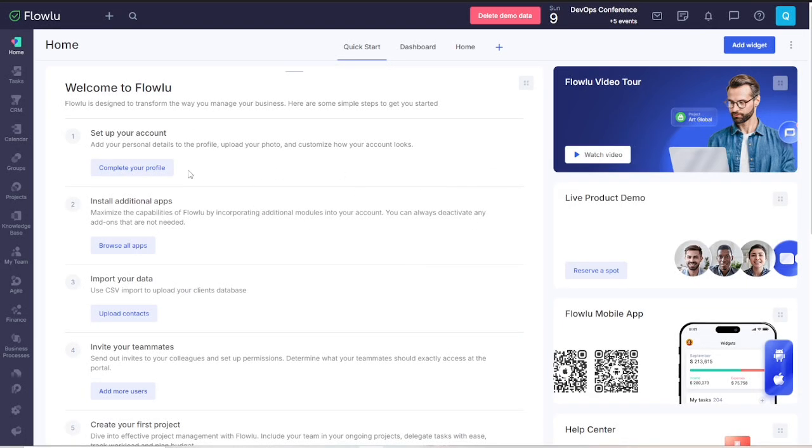Are you looking for all-in-one CRM solutions to manage your business more efficiently? If yes, then meet FLOWLU CRM. This is a powerful platform designed to handle everything from project management to invoicing, team collaboration, and customer interactions all